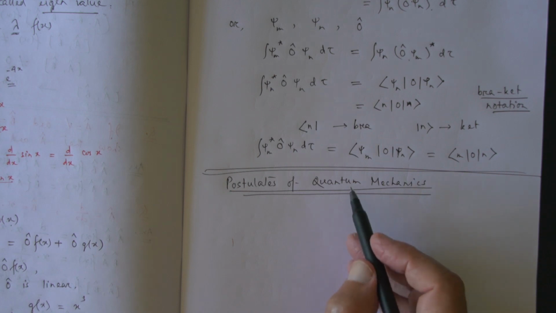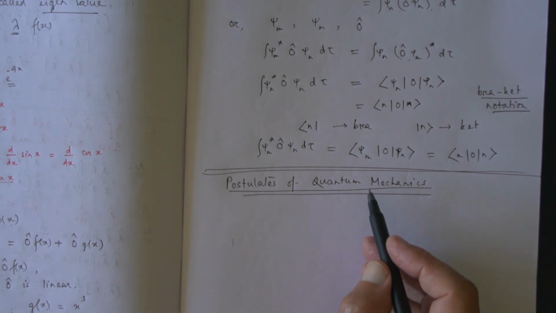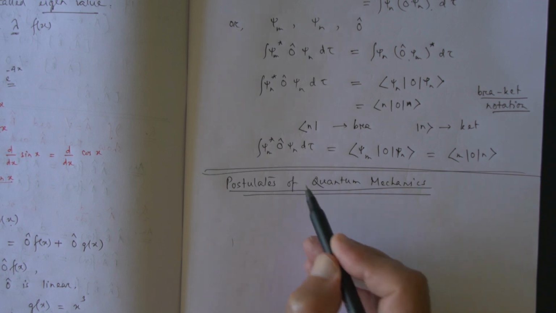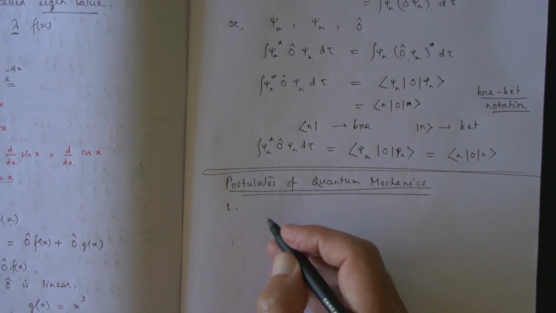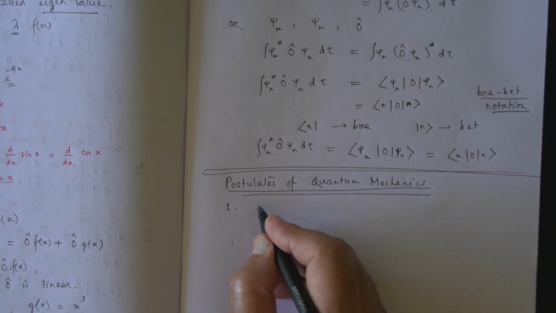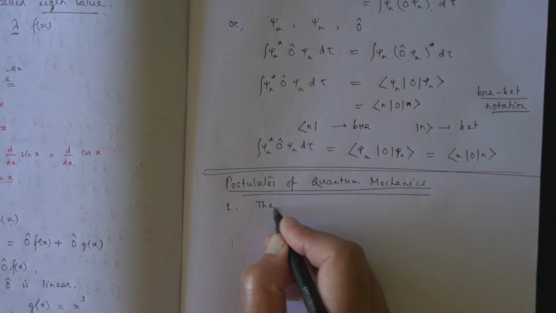There are some basic postulates which are generally followed in quantum mechanics. Number one postulate is that the state of a microsystem